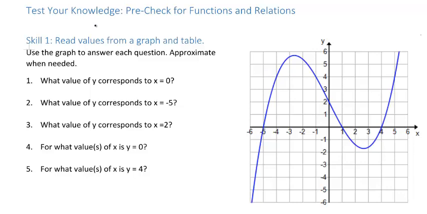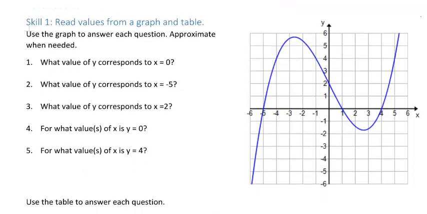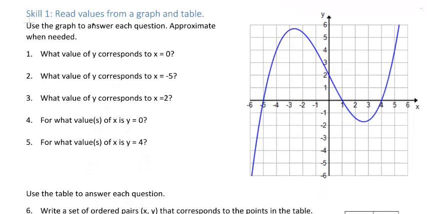This video will go over the solutions for the prerequisite check for functions and relations. The first skill is to read values from a graph and table, and we'll use the given graph to answer the questions. So we have this graph of a polynomial function, which we'll learn about graphing those specifically later on,